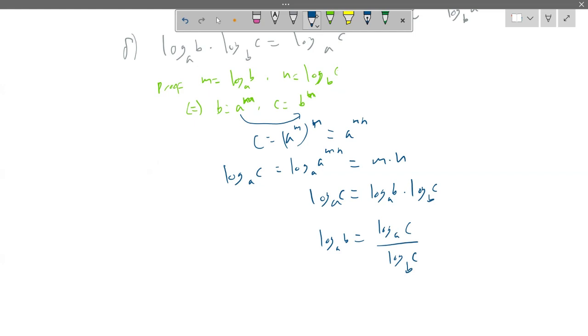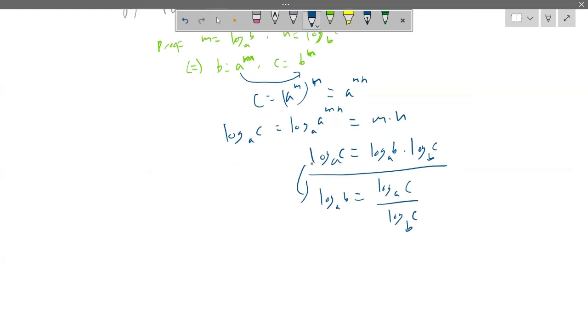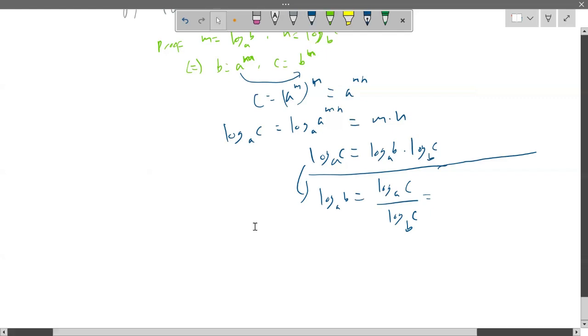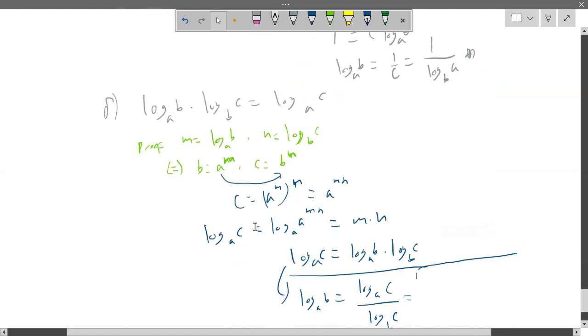There's another useful formula that we can obtain from this, which is something like this. We can represent log b base a as this, which is sufficient, but we can also take it one step further. So recall from the seventh property, which is the